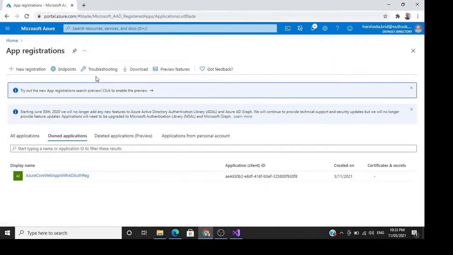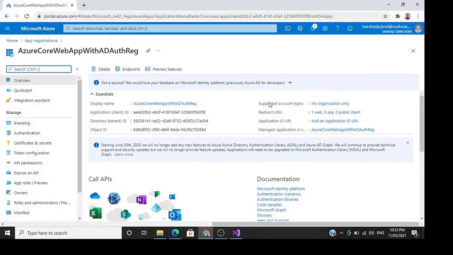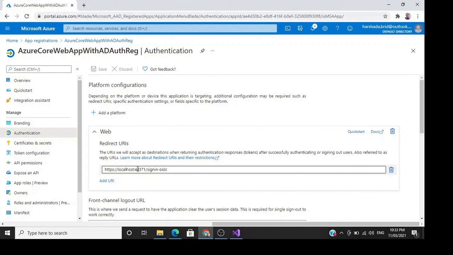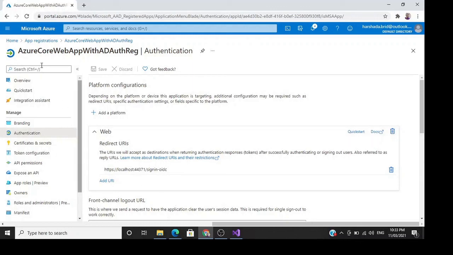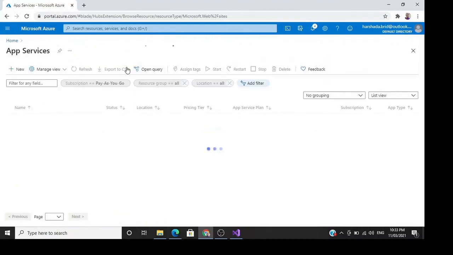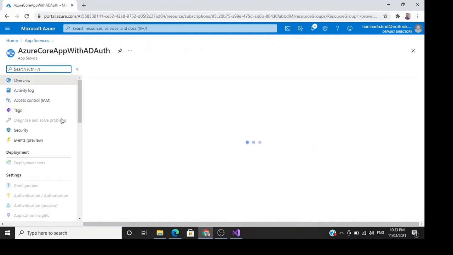So in our app registration, we already have a reply URL for localhost. However, we do not have a reply URL for our published application. So we can add our reply URL over here or create another registration. When it comes to authorization or different roles, it's better to create a new app registration. But for now, we'll just use the same app registration and create a new reply URL.